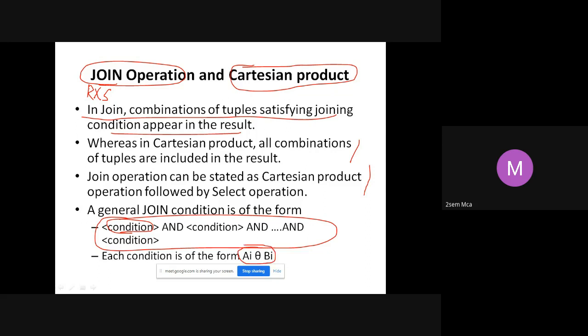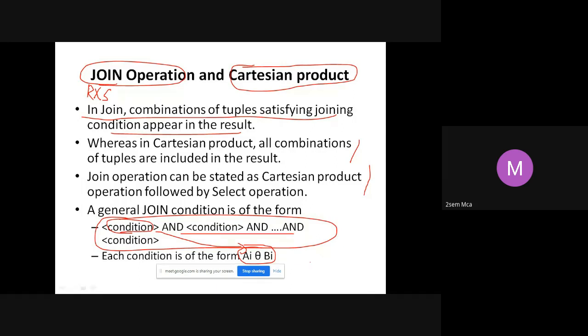Now, theta is a notation that we are simply giving to represent a generic operator. That means theta can take any operator. It's a general one. So Ai theta Bi, that is how my condition will look. Like that, I can go on combining several conditions.